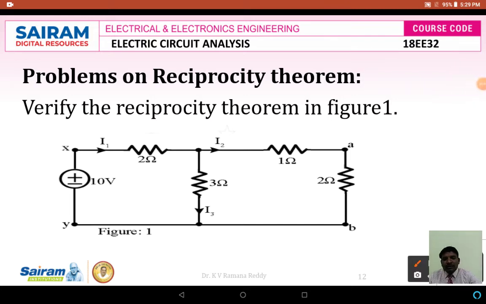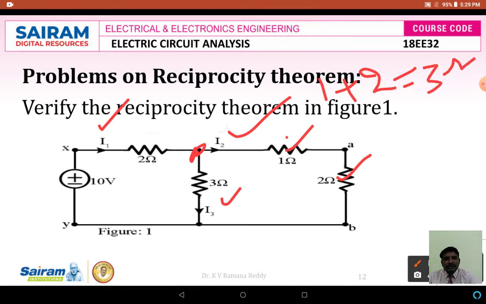Here I1 is the total current driven by this 10 volts voltage source, and I1 is again divided into two currents, I2 and I3. I2 is the current commonly flowing through the 1 ohm resistor and the 2 ohm resistor. Therefore 1 and 2 are in series, that is 3 ohms. Now the 3 ohms branch is connected in parallel with another 3 ohms here. Therefore the R equivalent is equal to